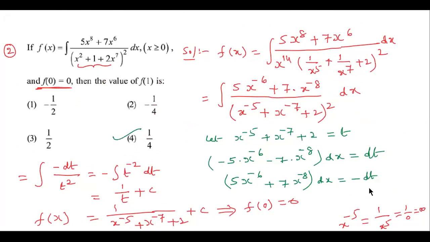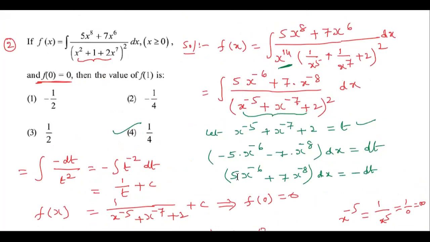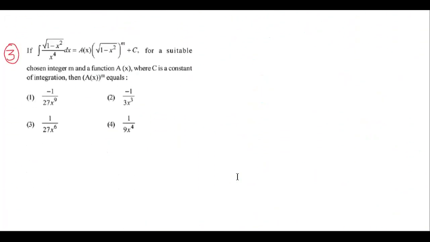Here in the denominator I have taken x power 7 common, that's why I got x power 14 outside. This is sent to the numerator and calculated, and in the denominator part, this part I have taken t and differentiated, we got the numerator. Then after that, simple calculations. Students, all of you understood now? This model is very, very important, right? Now I am going to the third question.